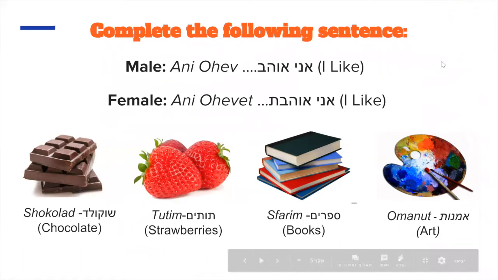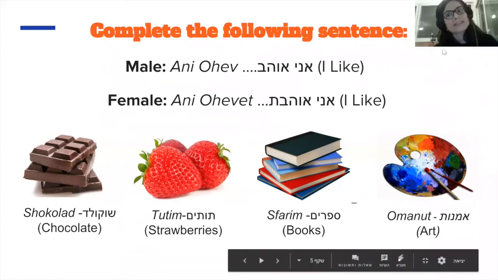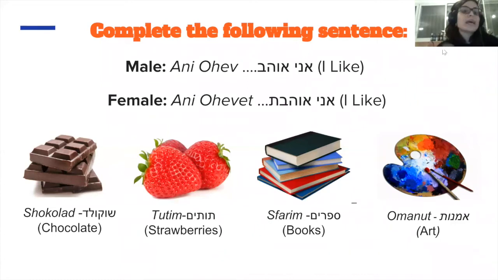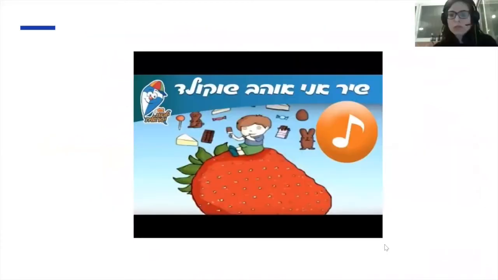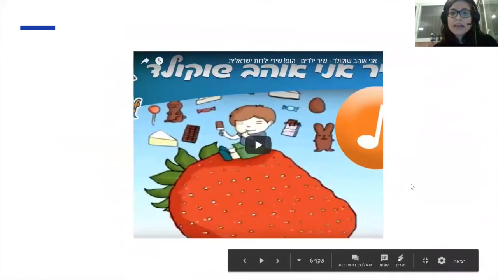Fantastic, exactly. So we would kind of go around, ask each other, what do you like? Learn new nouns that we can say that we would like. That is what we would begin with. If you have any questions, you are more than welcome to ask. So that was the verbs. And then, as I said,